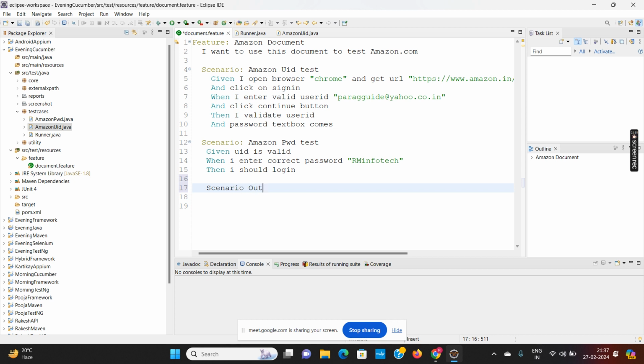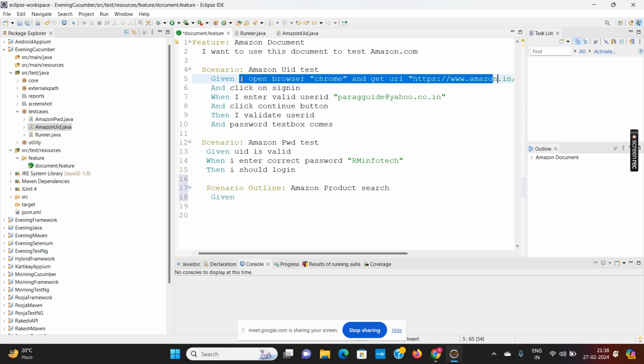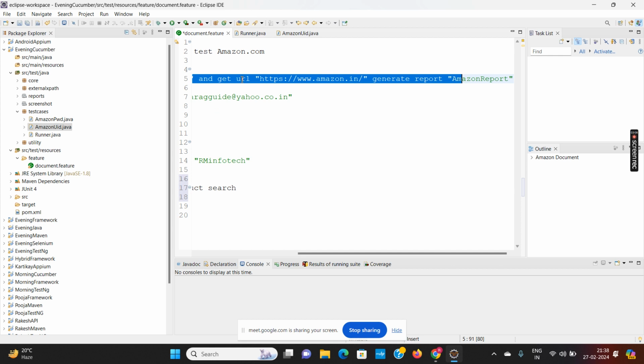Scenario Outline is also a keyword. Like I want to do an Amazon product search. Now to do the Amazon product search, again I am writing a Given condition. If I copy this particular line again here, then it will be a duplicate line.